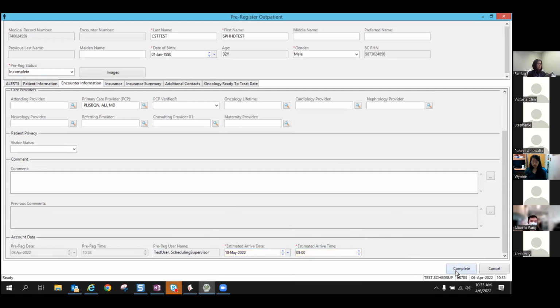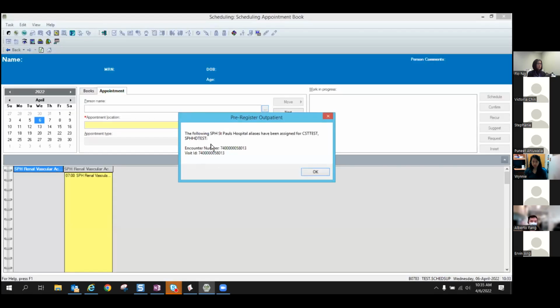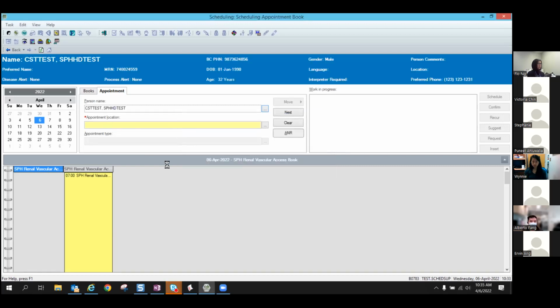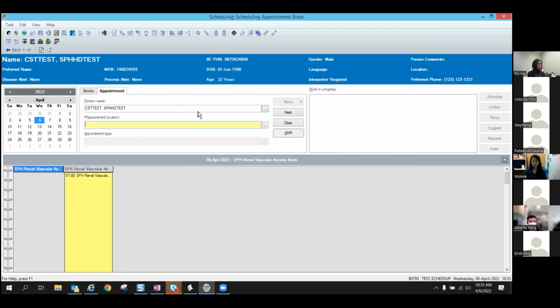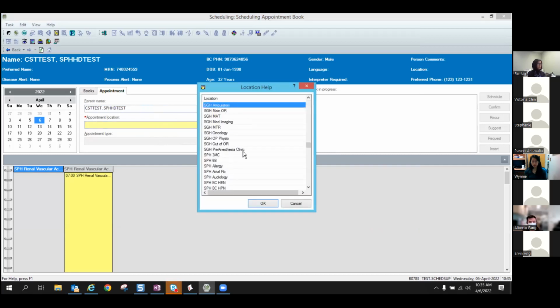Okay, and let's press complete and see if it wants us to do anything else. Nope, so we've created the encounter. So this patient is now pre-registered as an outpatient to come to the renal VGH home hemo clinic. Press OK. So it's now brought your patient name here, and then you're just going to go through the mandatory fields. So for this demo, I'm just going to use,